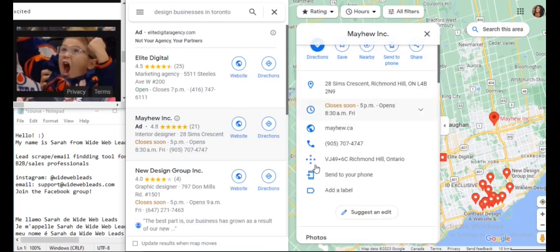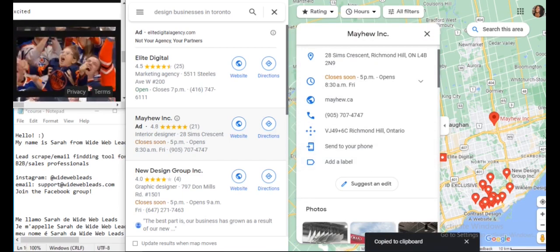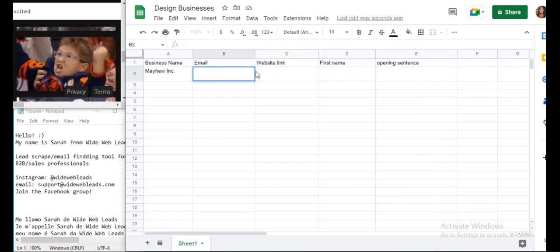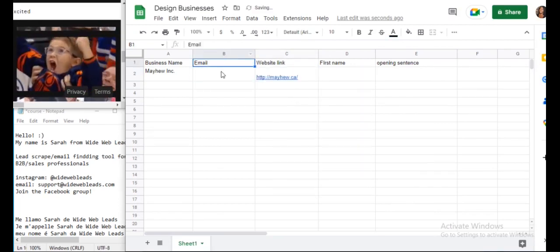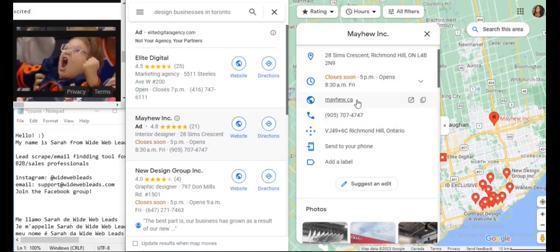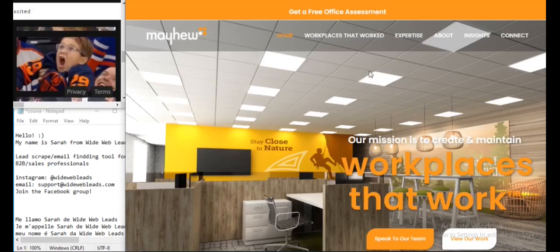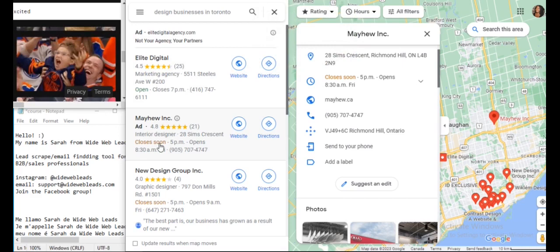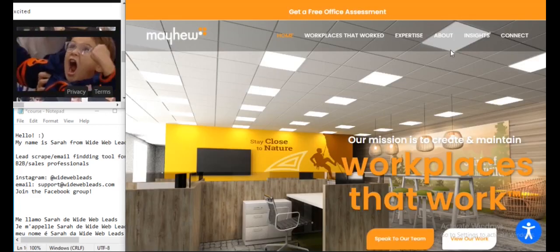So it also appears that they don't have any information about the business owner here, so I'd have to do a little bit more digging. They definitely have a website or an email though. Let me go back and check. Oh, see, when I clicked on the ad, it brought me to a one-page website, but when you go on their actual website, here we go.